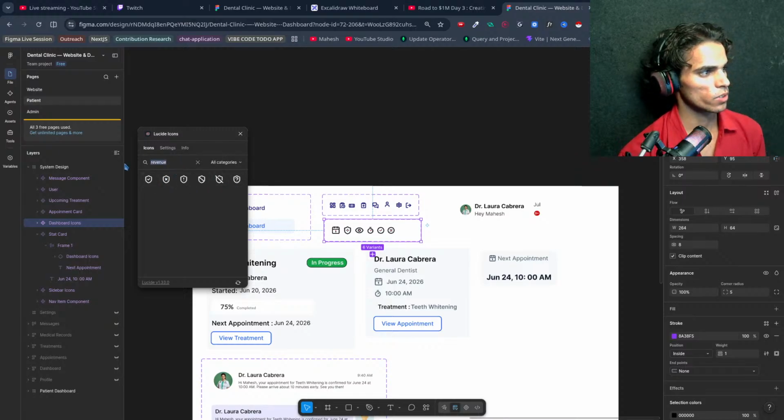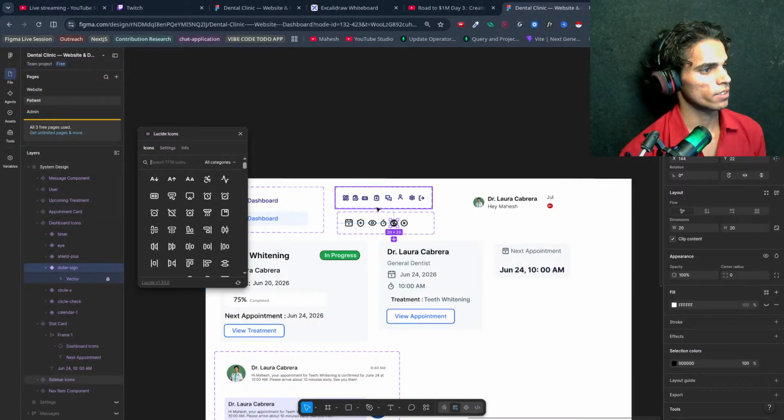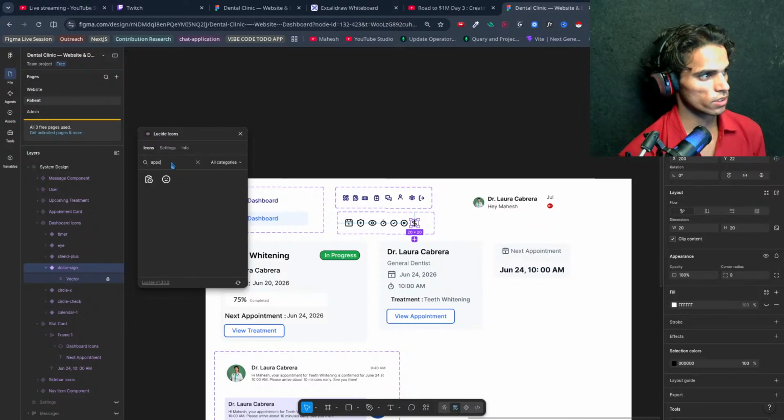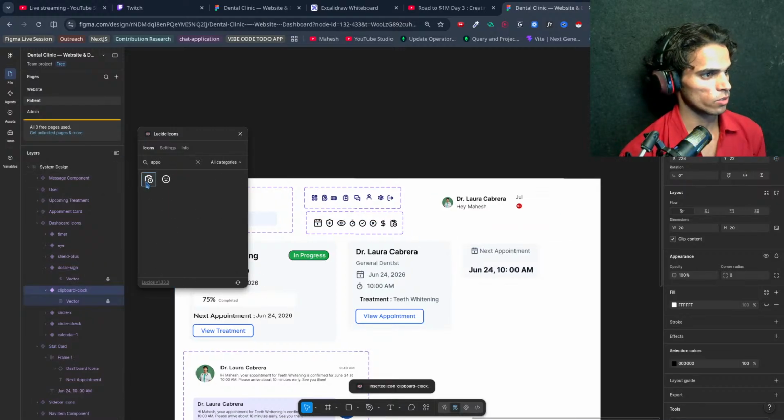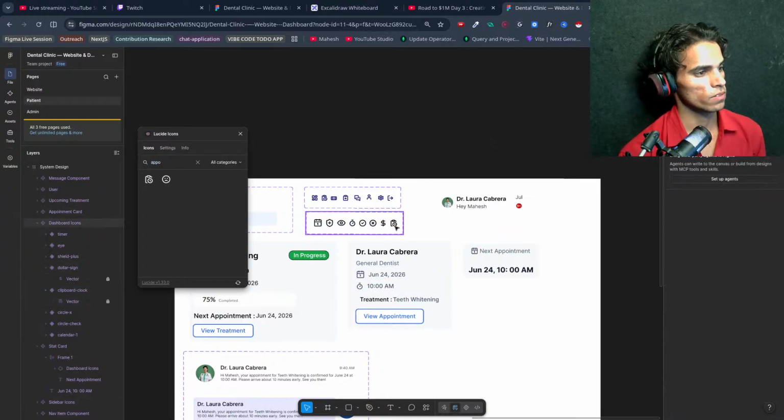Okay, for revenue, can I use this? I would like to use revenue. For revenue, I would like to use dollar, and then I want appointments. Yeah, for appointments, I would like to use this, and then we'll have appointments. Yeah, today's appointments, revenue. Then you have total patients. For patients, I would like to use this now, and yeah, we have now.